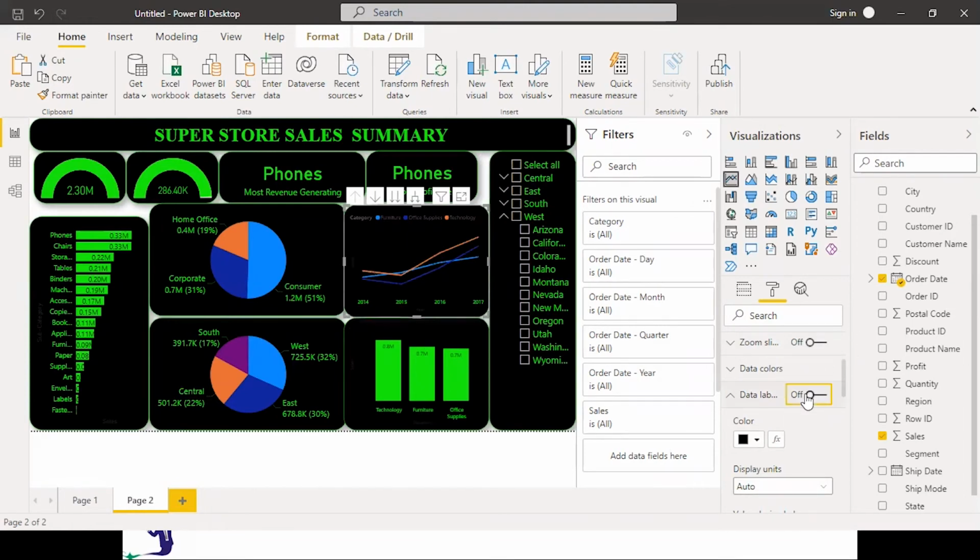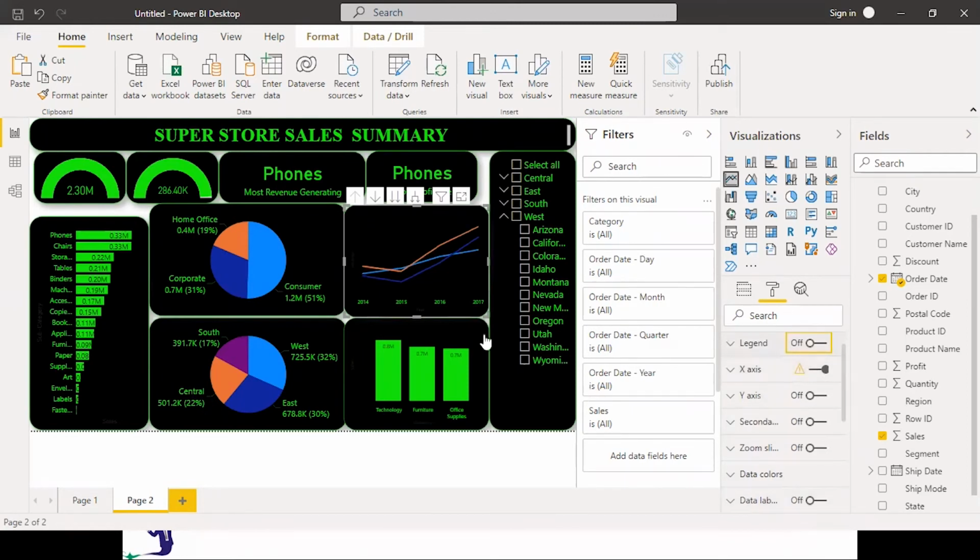No data labels, no title, and no legends. X-axis, we can increase the size a bit.